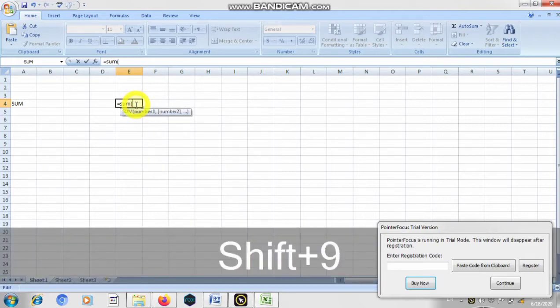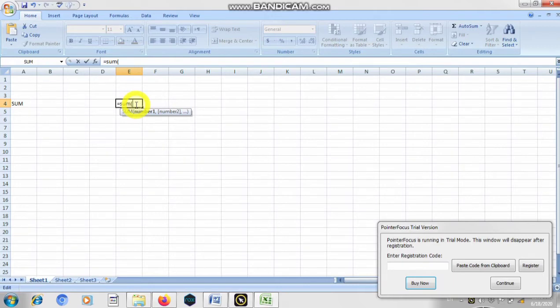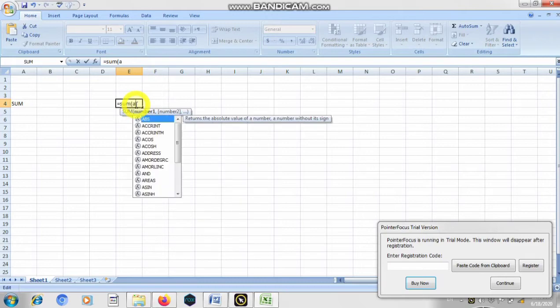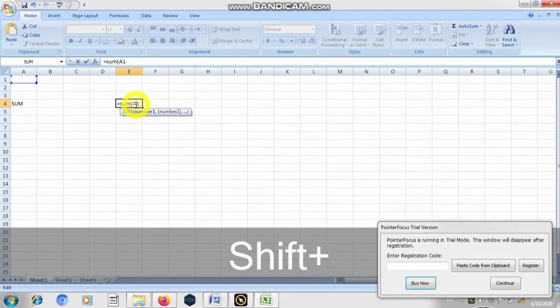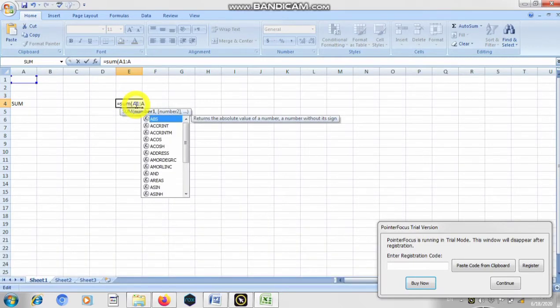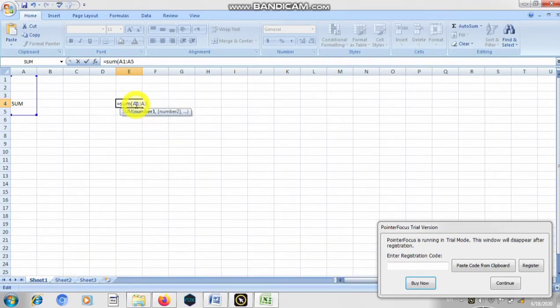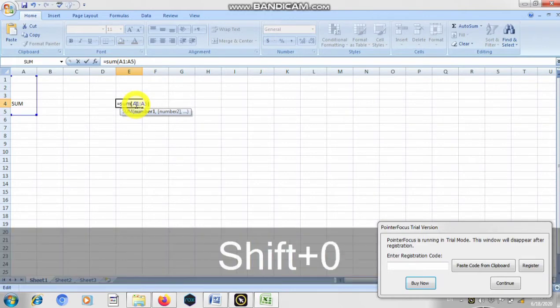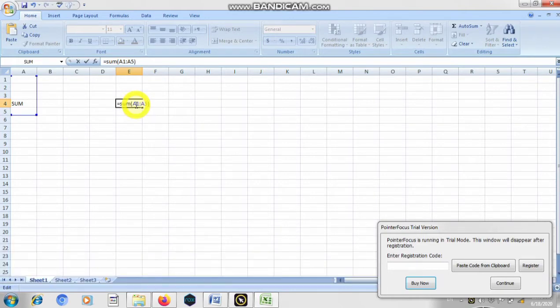Then you just have to give your numbers, which we also call arguments, for example from A1 to A5. At the end you close your bracket and simply press enter.